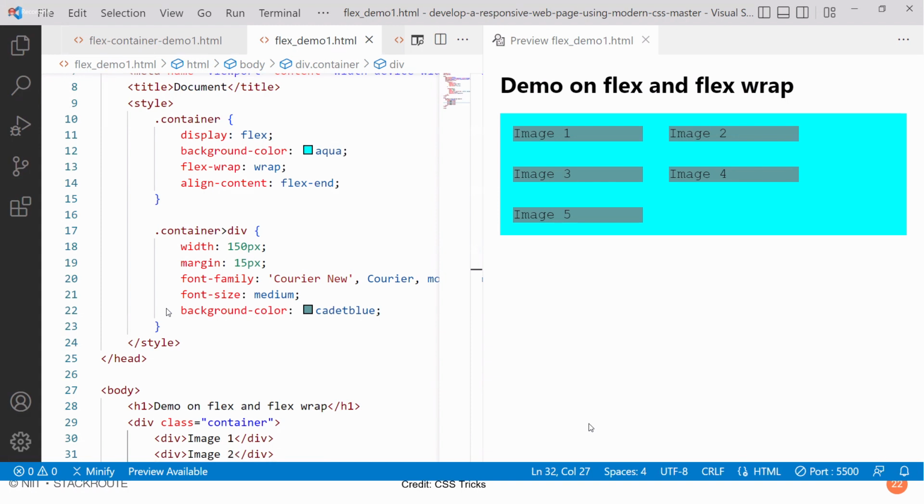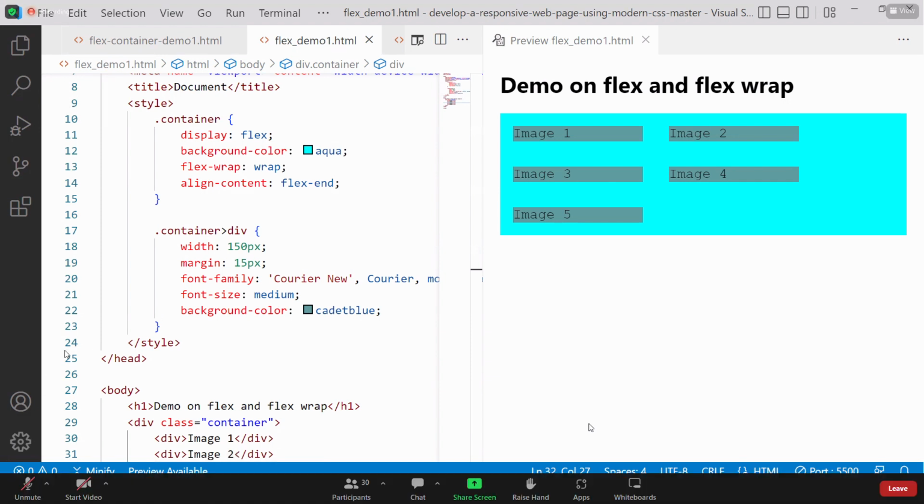Instead of 5 div, you can have 6 or 7 images. So try to make it as